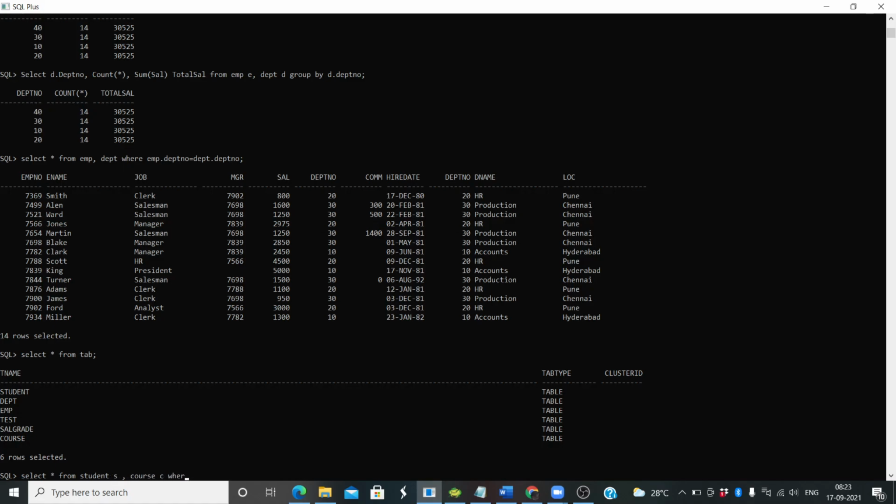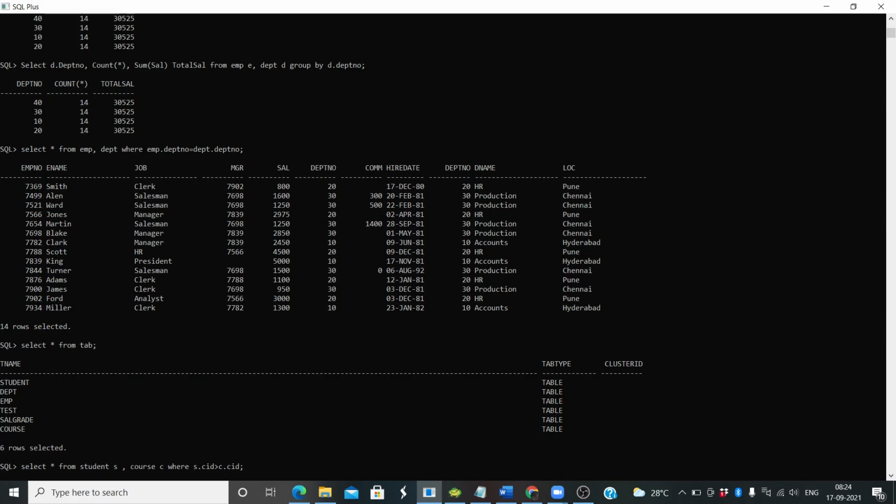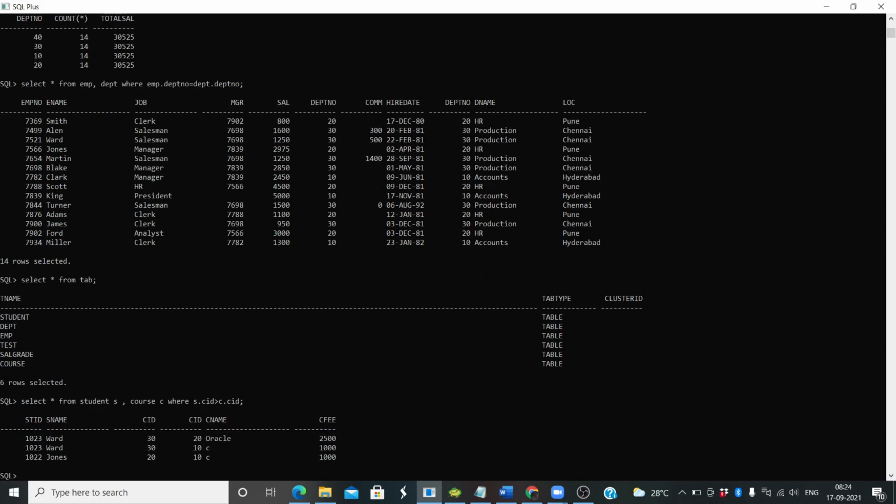So in my join condition, can you see? Don't use an equal operator, except the equal operator. You can use greater than, less than, less than or equal to, greater than or equal to. You can use the AND operator, the OR operator, the between operator. Any kind of operator you can use, but don't use the equal operator.